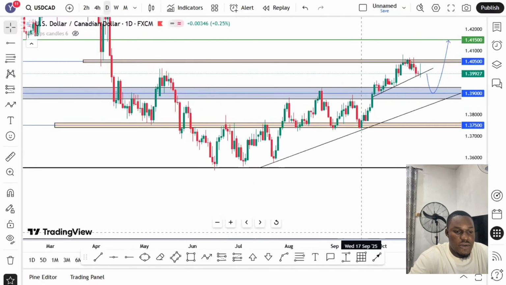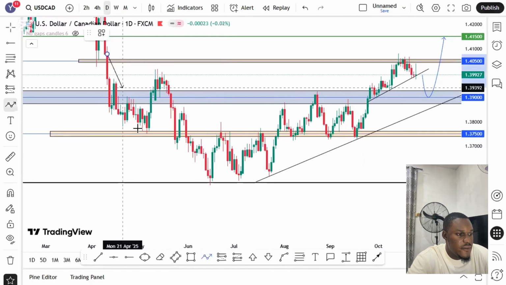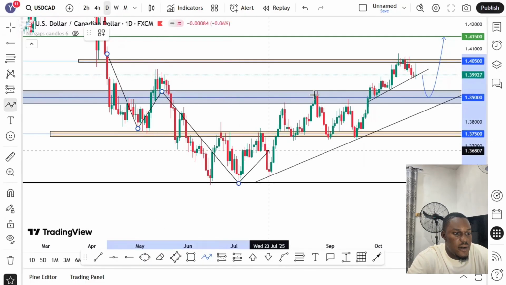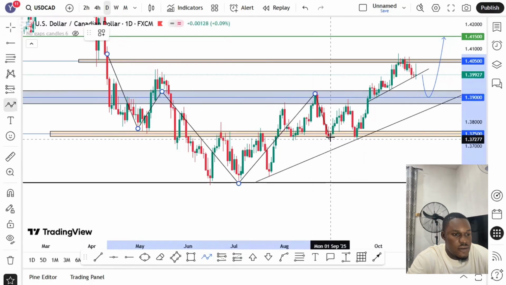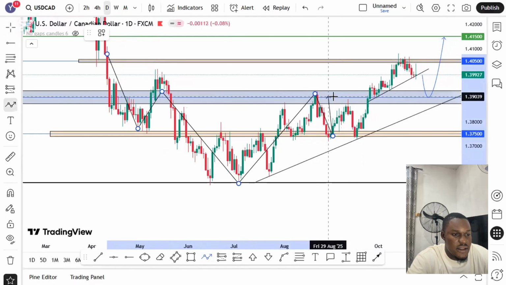So this is what I was talking about. This is the left shoulder, the neckline right here. This major zone here is kind of a fake out. Then we have the head here, the second shoulder right here, and we have broken above the neckline, which is around this major level. This major level is the neckline. This breakout is a fake out. So this is the neckline right here.